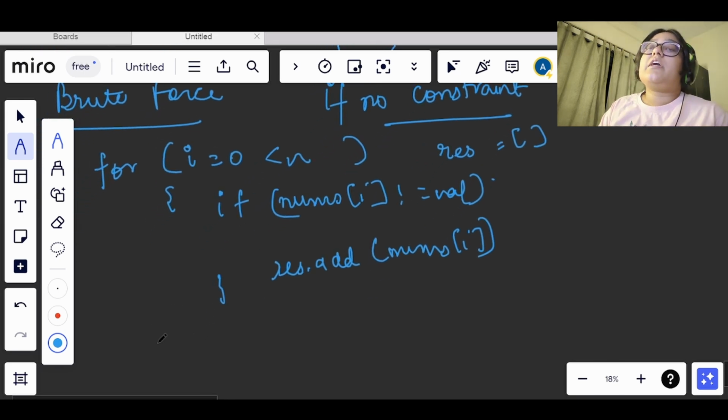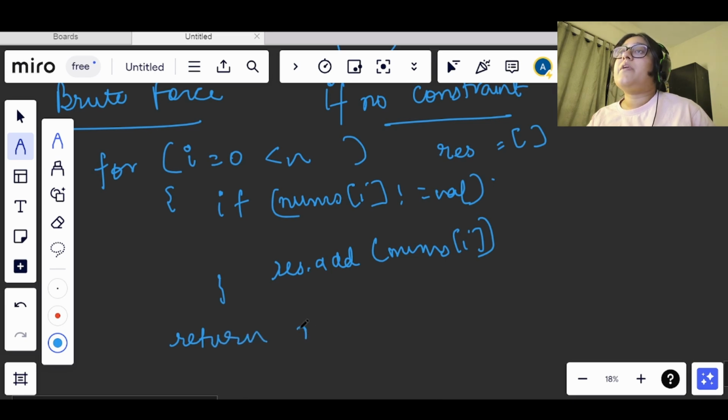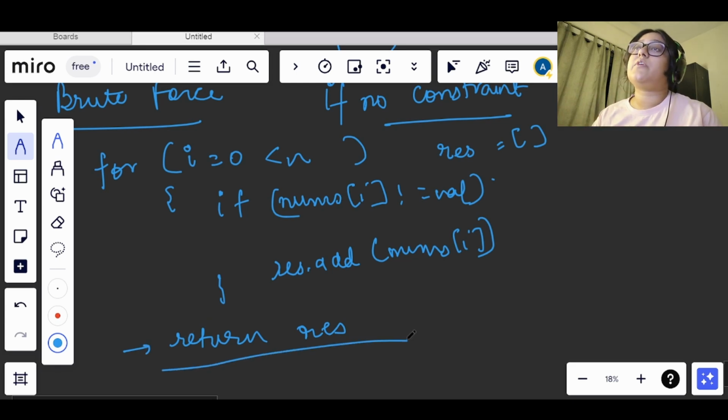Like in a normal question, if we do not have to return the number of elements, then we will simply return res. This is the basic approach if we are asked only to remove the element and return the array. In such cases we can do this.